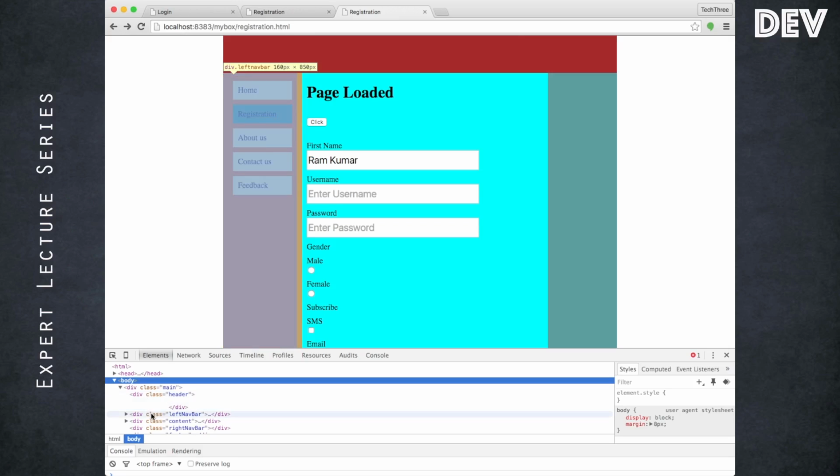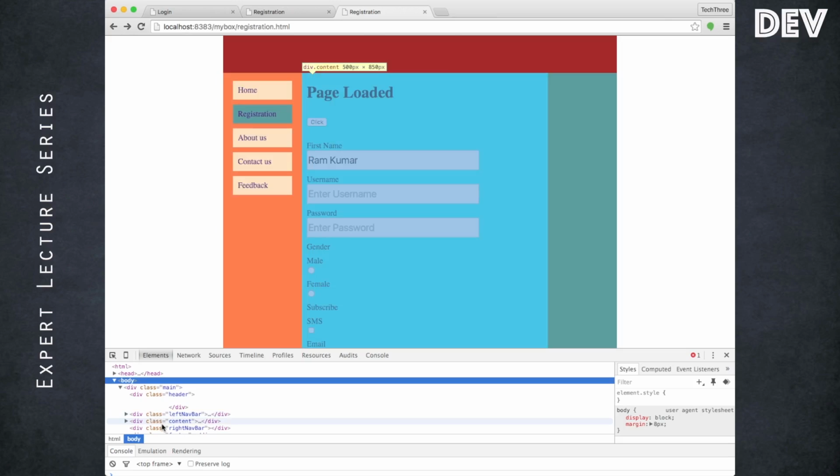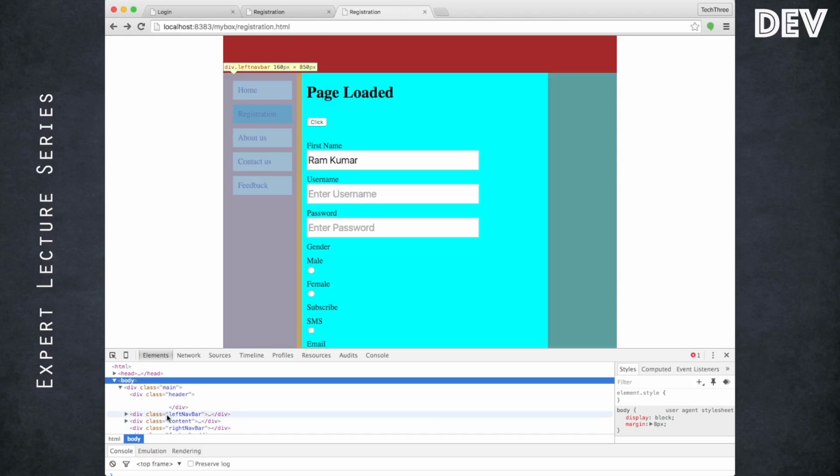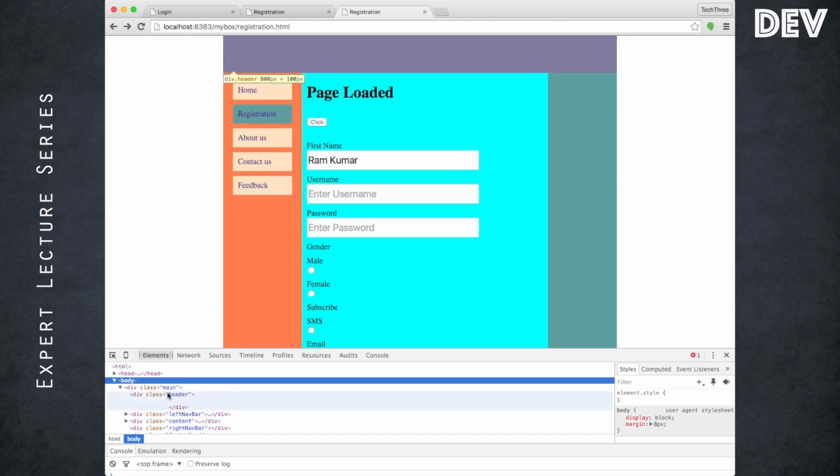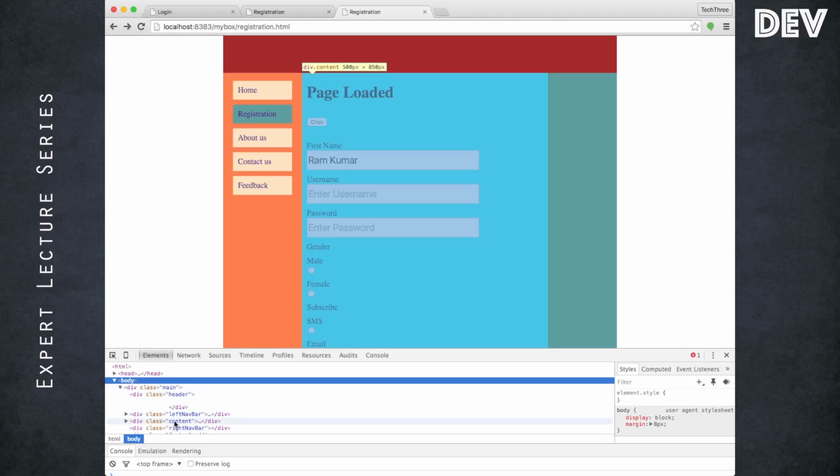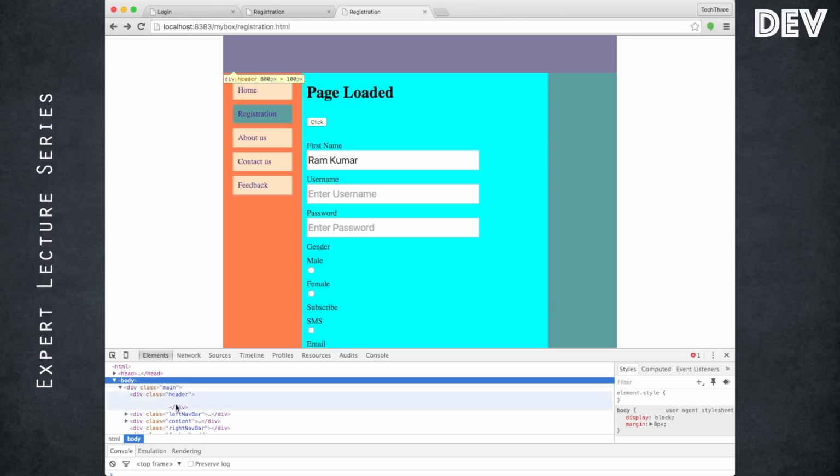In that there is a margin and padding. So if you see the small difference, you could very clearly notice. By highlighting, moving the cursor between them, you can identify what exact effective width it has taken. So make use of this debugging tool to analyze how things are being laid out. If anything goes wrong, utilize this tool and fix the issue.